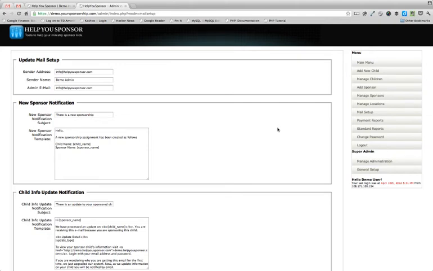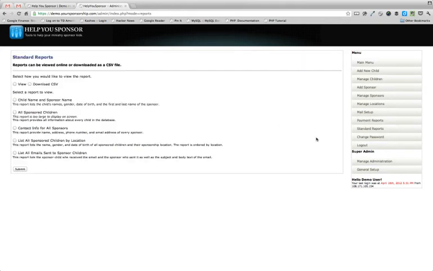A new area that we've added to this software is called Standard Reports. Here we have 5 pre-built reports that can be viewed on screen or downloaded as a CSV and then opened with any spreadsheet software. This replaces the download to CSV that was previously on the Manage Children and Manage Sponsor pages. This also provides us an easy platform for adding new reports in the future. So if you have suggestions for new reports, please visit a new area that we've just launched called the forums at